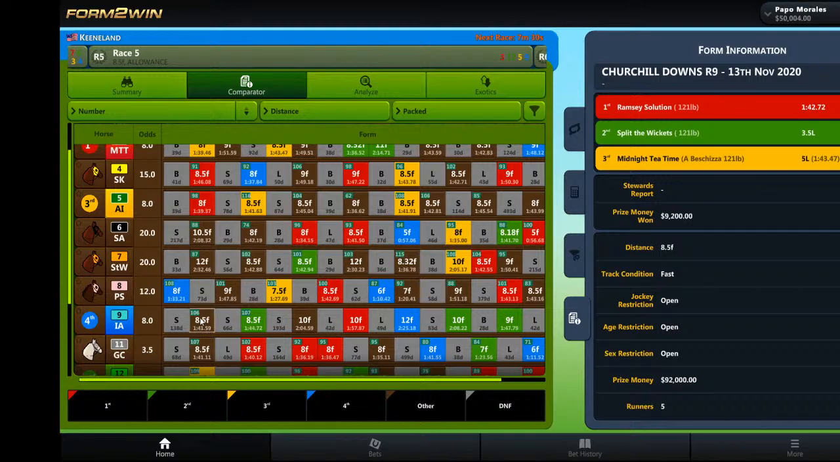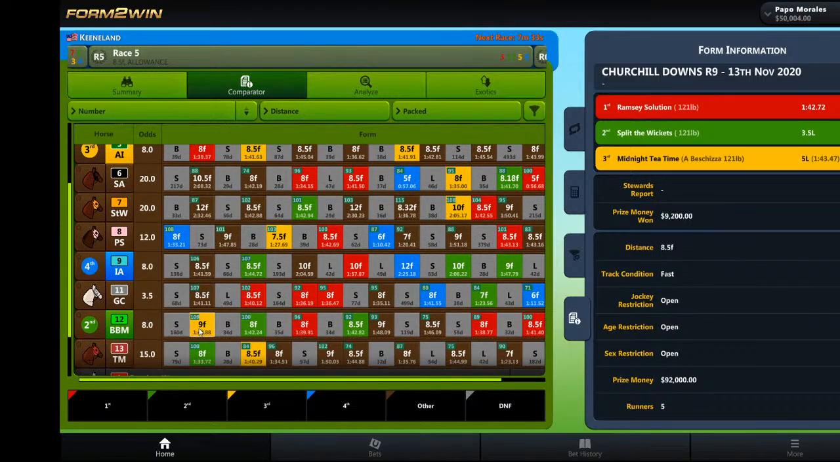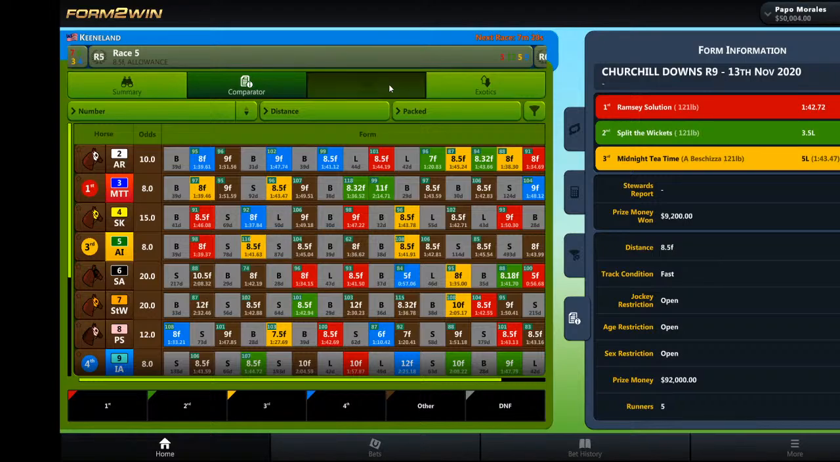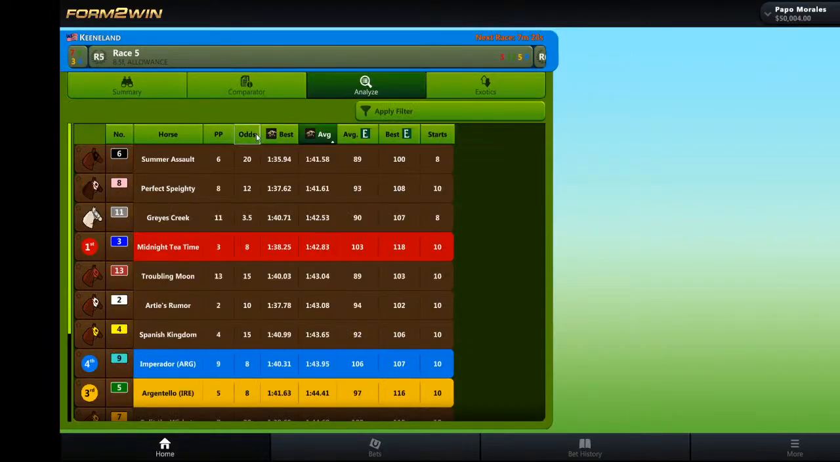Sometimes I look at the Equibase speed figure from the last race to see if maybe he had the top, but he didn't. We had horses that ran faster, so that would not have helped you. But if you